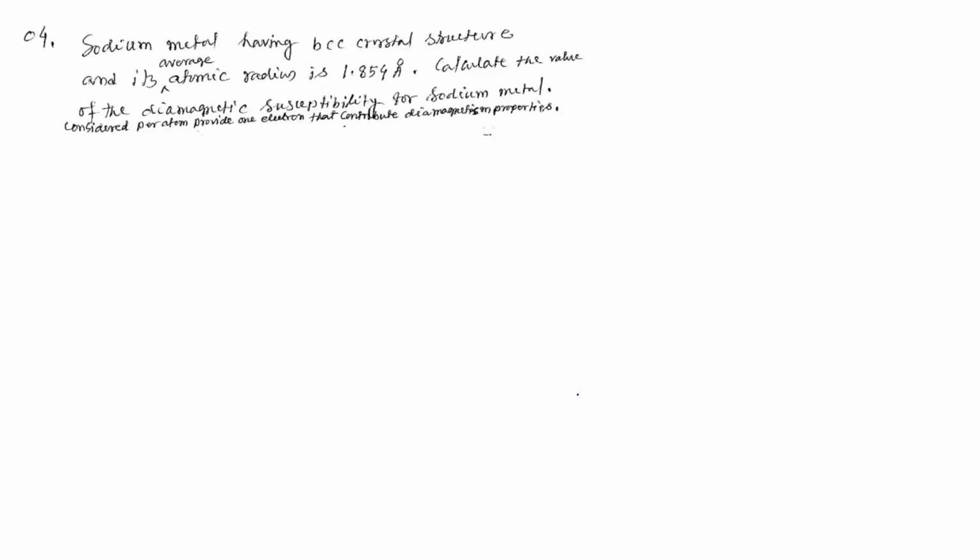Let us move to the next question. The sodium metal having BCC crystal structure and its average atomic radius is 1.854 angstrom. Calculate the diamagnetic susceptibility for sodium metal. Consider per atom provides one electron that contributes to diamagnetic properties. Here, for the BCC crystal structure, the edge length of the unit cell a is equal to 4 by root 3 r. So it will be 4 by root 3 into 1.854 into 10 to the power minus 10, so it will be like 4.28 into 10 to the power minus 10